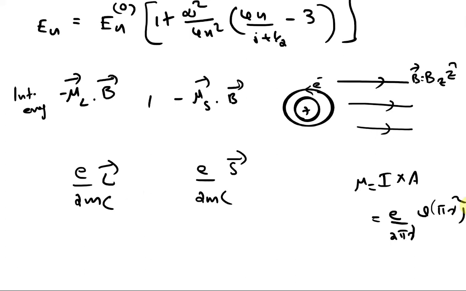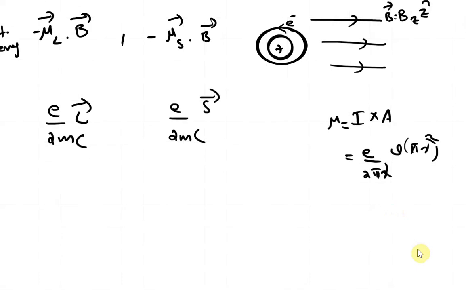So what you have is r and r cancelled, pi and pi cancelled. What is remaining is e by 2, I just multiply it with an m and divide it with an m. So on top I will be having mvr, and this is nothing but your angular momentum. This is the expression that you are arriving at here, and the same form of expression we are taking for spin also.